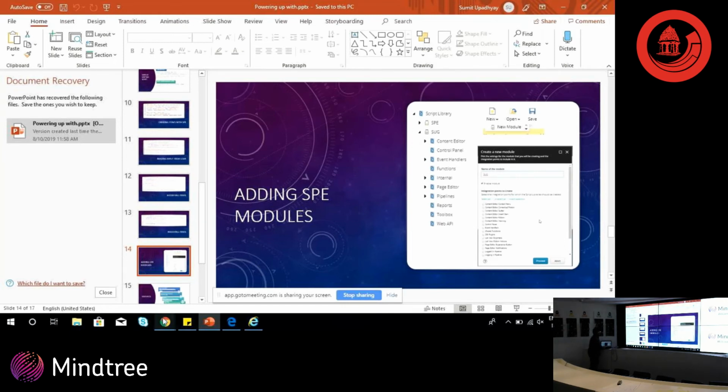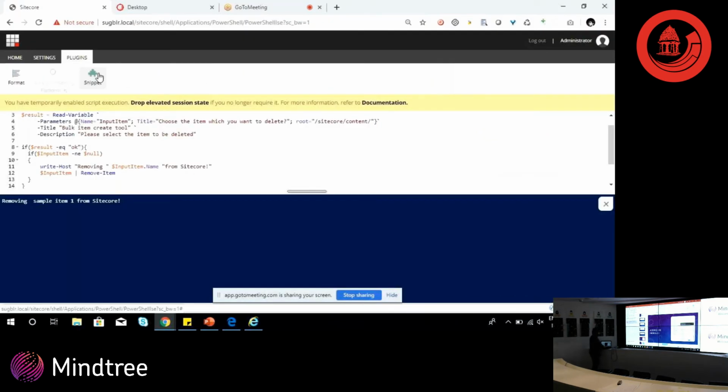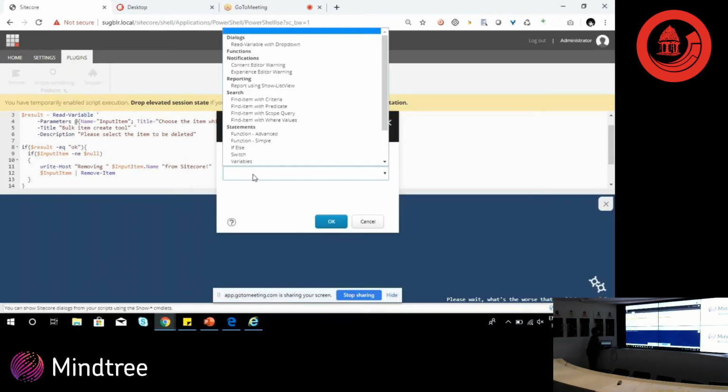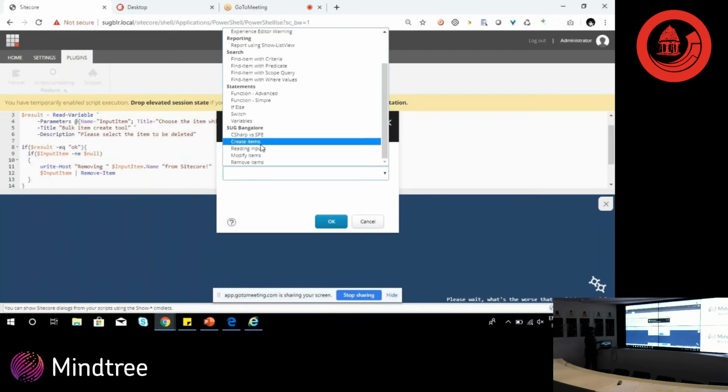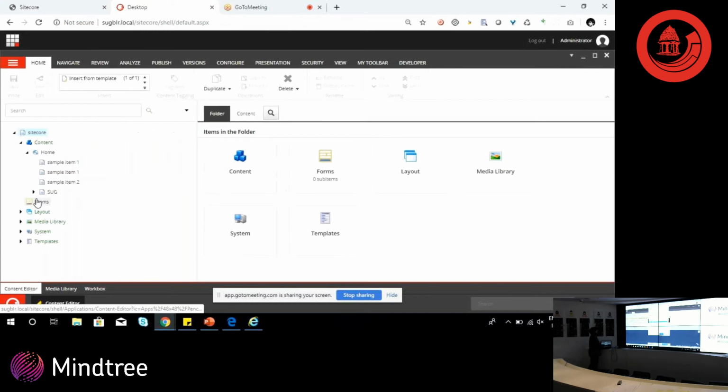Now this is an interesting section, SPE modules. Like I mentioned, I'll show you how and where. So you might be wondering, how come my snippets show up over there as SUG Bangalore? So yeah, so this is actually nothing but